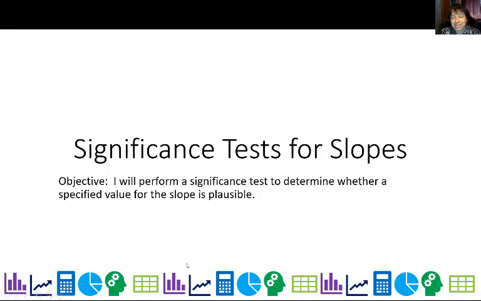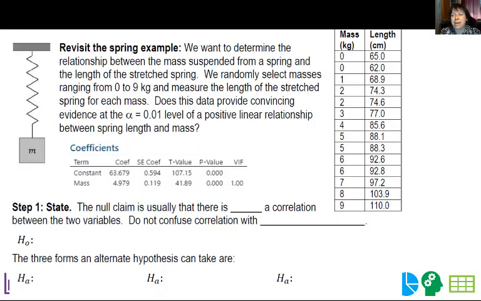And now for our last lesson, the significance test for slopes. And we're going to revisit the spring example where we had the different masses suspended from the spring. And we had done a confidence interval for the slopes in the previous lesson. So the question is, sometimes when you're looking at a scatter plot, you may think there's a pattern when in